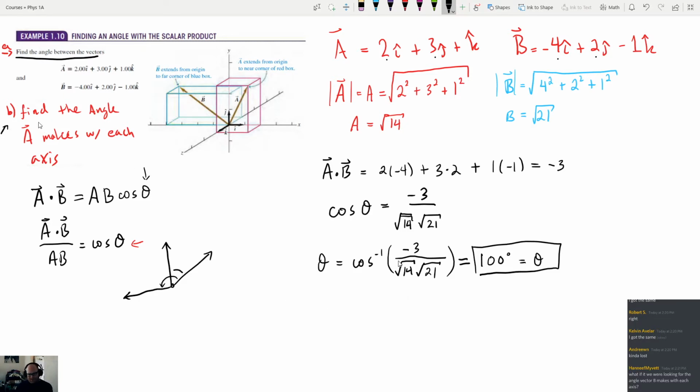Okay. How do I do this? How do I find the angle that A makes with each axis? So let's start off by finding the following. What is the angle